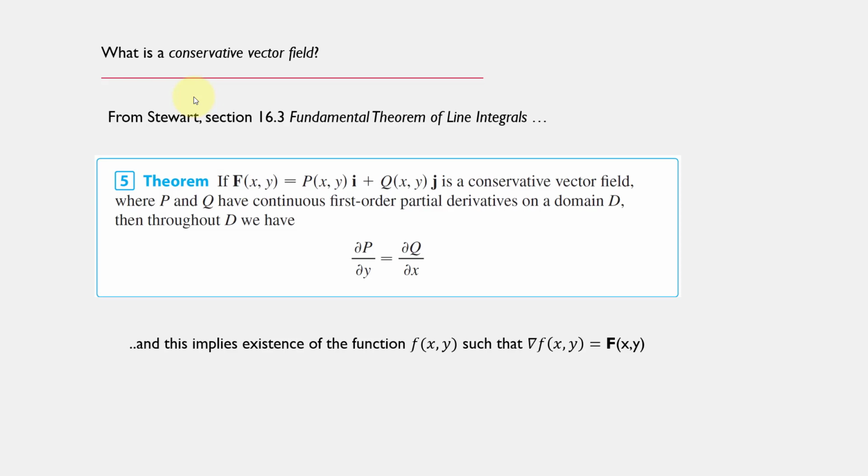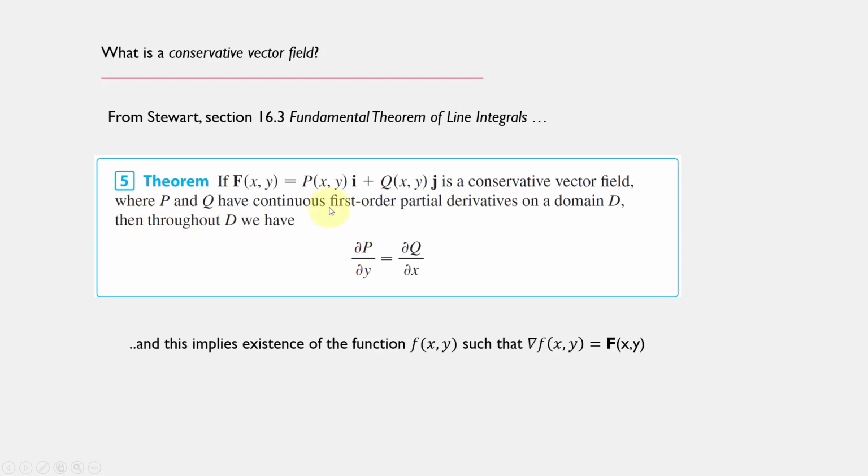So let's look at how in the Stewart book, in section 16.3, a section on the fundamental theorem of line integrals, there's a theorem, number 5. It says, if F, a two-dimensional vector field composed of a function P of two variables in the i component and a function Q of two variables in the j component, is a conservative vector field where P and Q have continuous first-order partial derivatives on some domain D, then